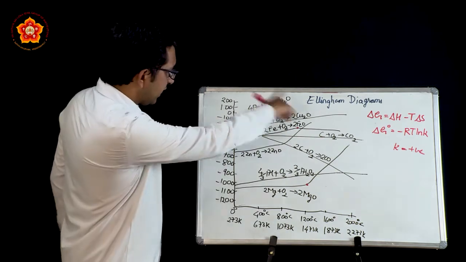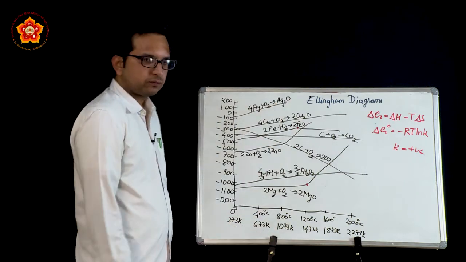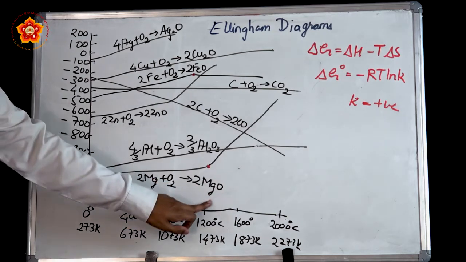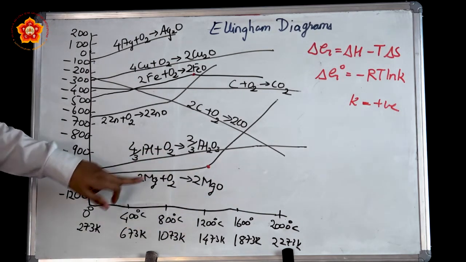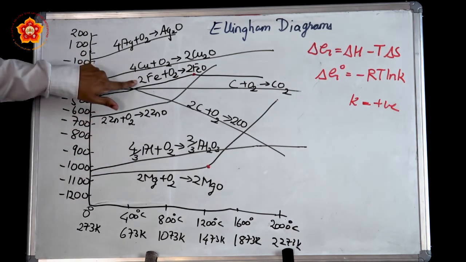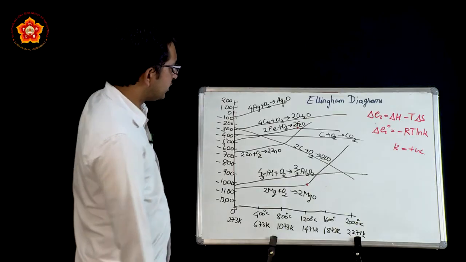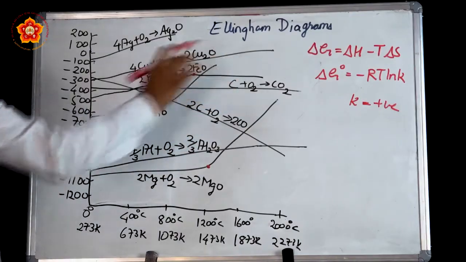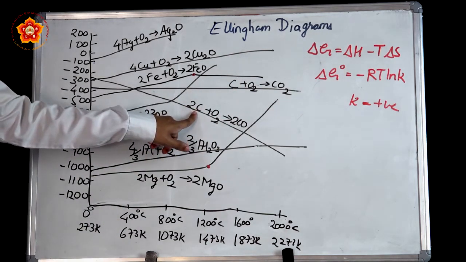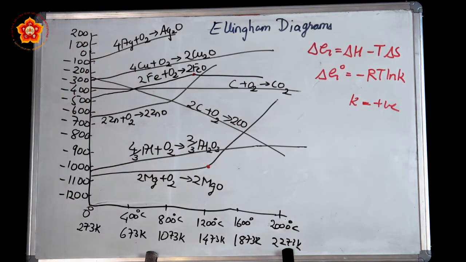So now in the Ellingham diagram, there are many reactions shown here. Some of them are metal reactions with oxygen to form corresponding metal oxides. Examples used are magnesium, aluminium, zinc, iron, copper, silver. Non-metals used here are carbon, which is carbon reacting with oxygen giving carbon dioxide, and coke reacting with oxygen to give carbon monoxide.